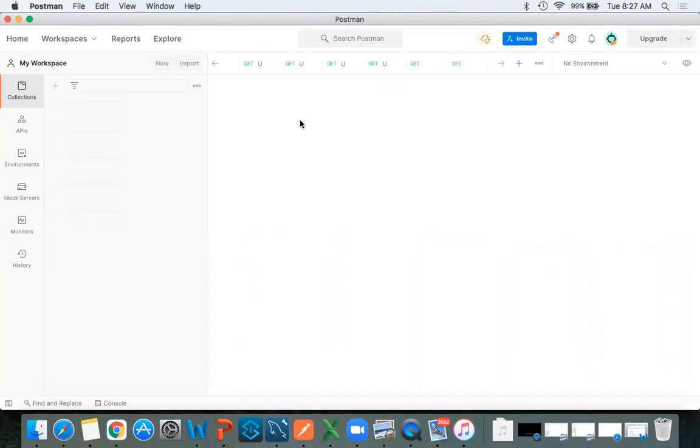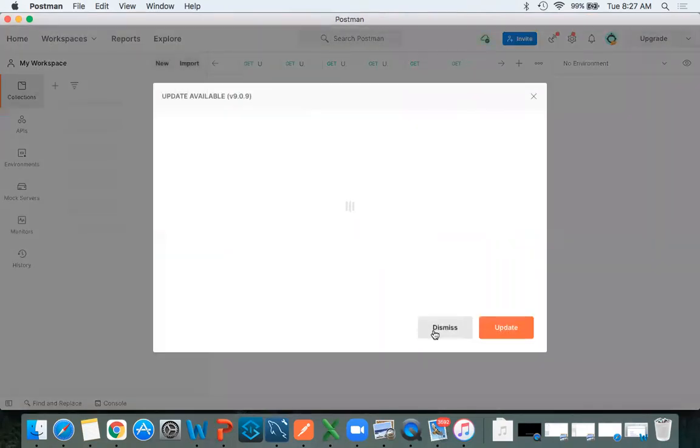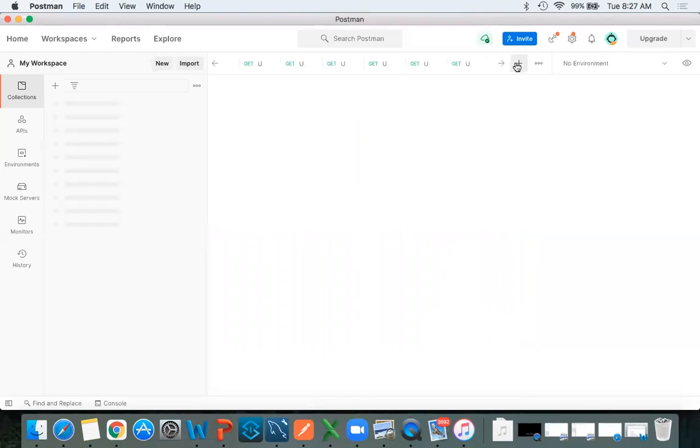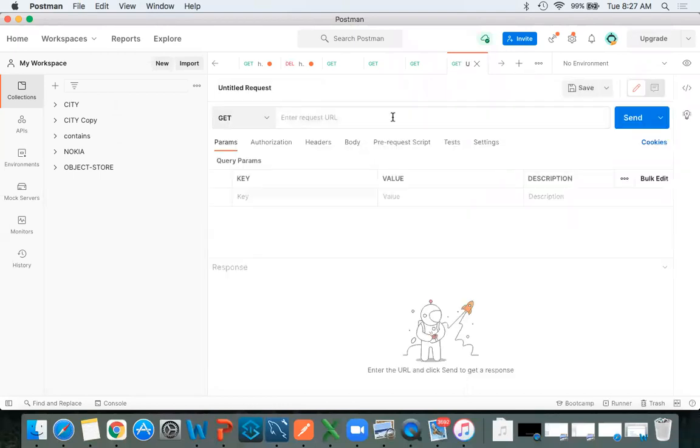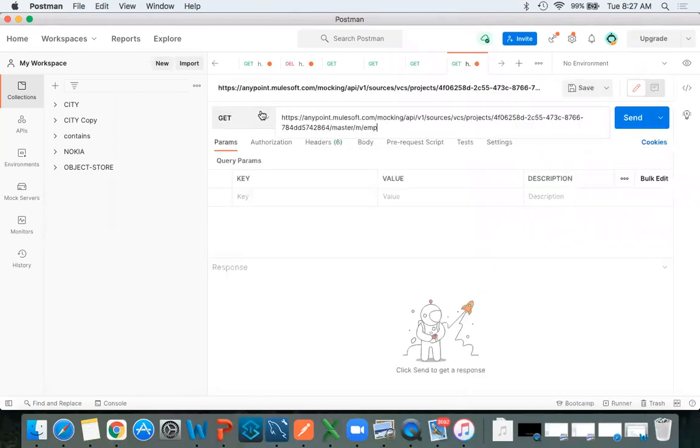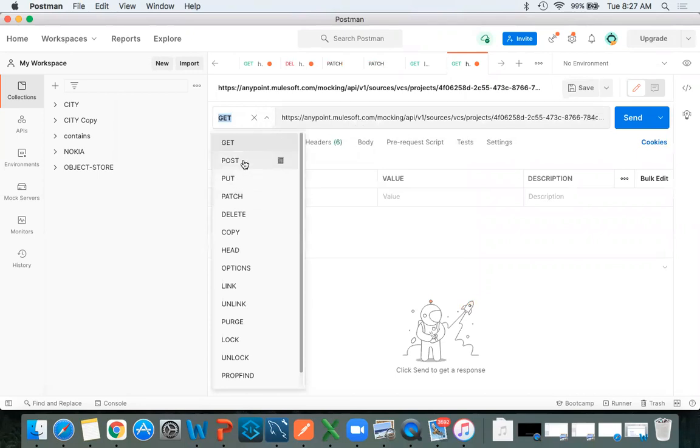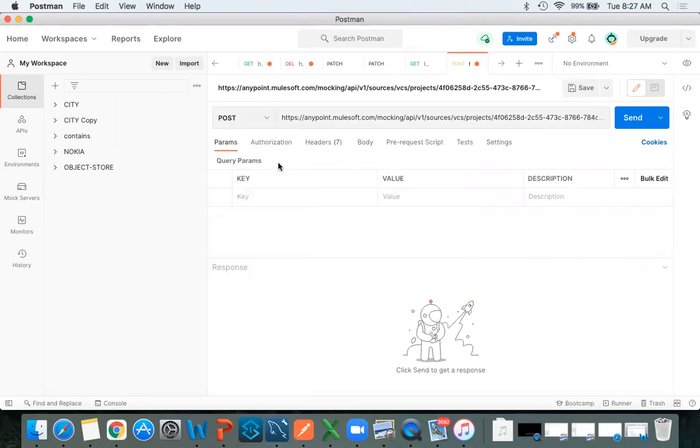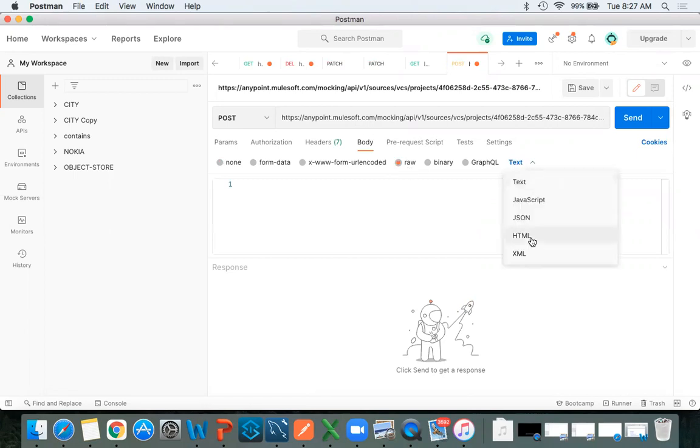So let me show you. Postman. This is the POST method, right? I will click on POST. In POST method, I need to send some request, right? So click on body, raw. What do I want to select here?